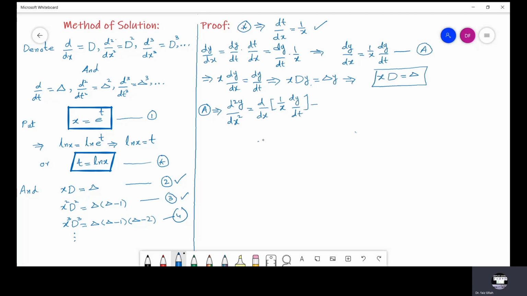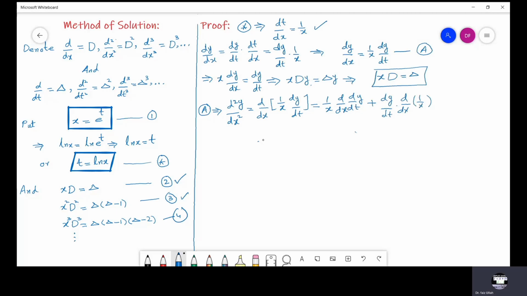Let us apply the product rule. We write first function, differentiation of the second function, plus second function, differentiation of the first function,